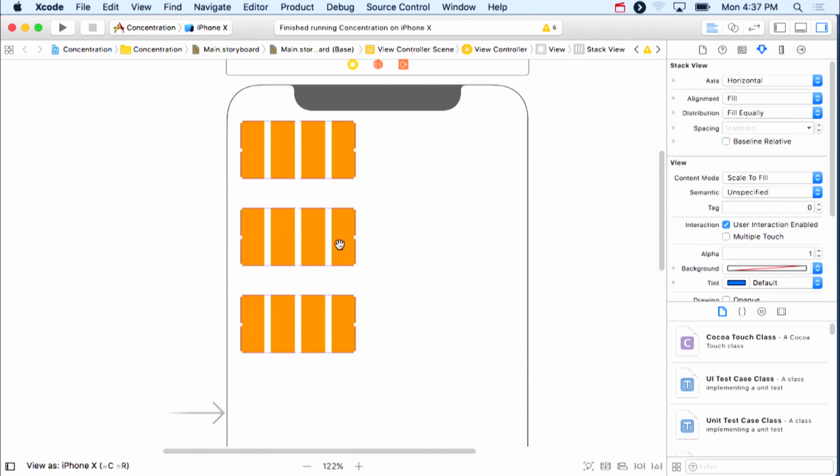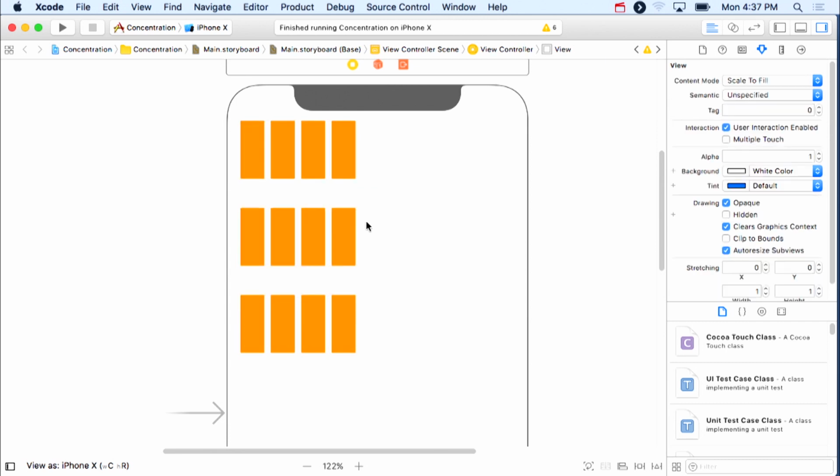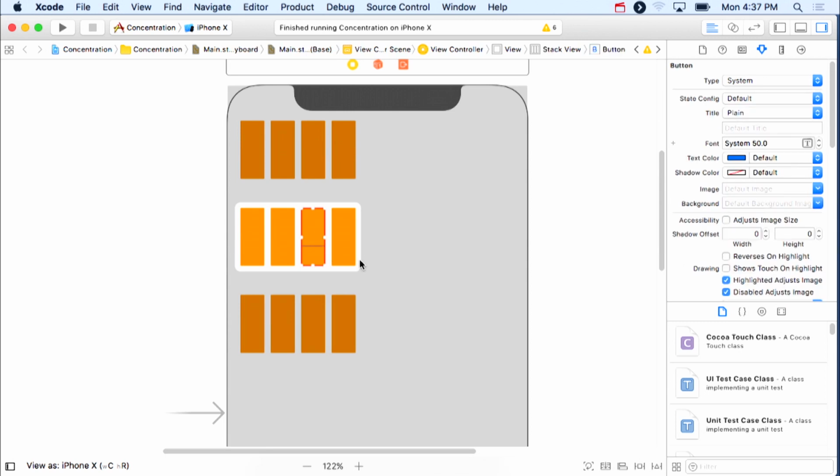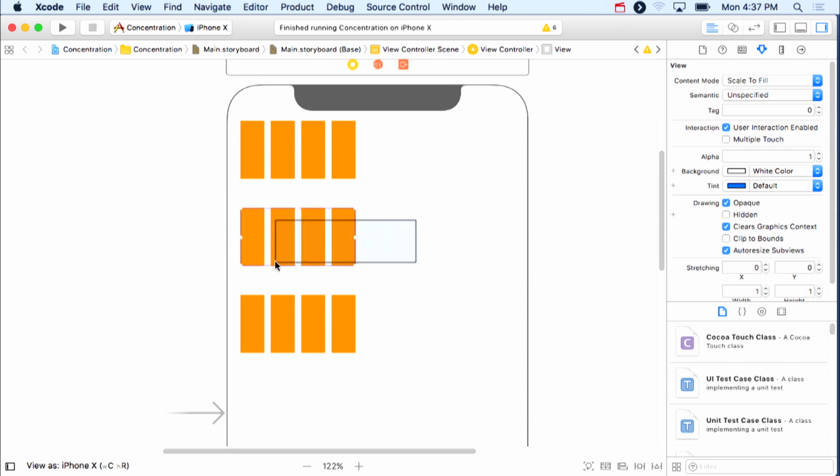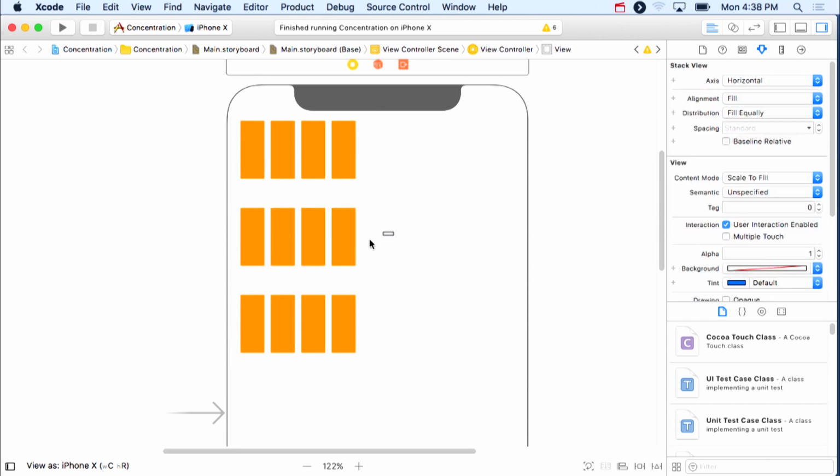I'm going to select them. By the way, dragging to select is really an awesome way to select. I highly recommend you do that rather than trying to click on things, because, let's say I try to click on here to select this row. Oops, I selected the button inside. I didn't want that. I wanted the whole row. But if I just drag, not control drag, but regular drag here, it selects the thing that I intercepted with my drag. Anyway, I'm going to select all 3 of these with drag, and I'm going to go embed